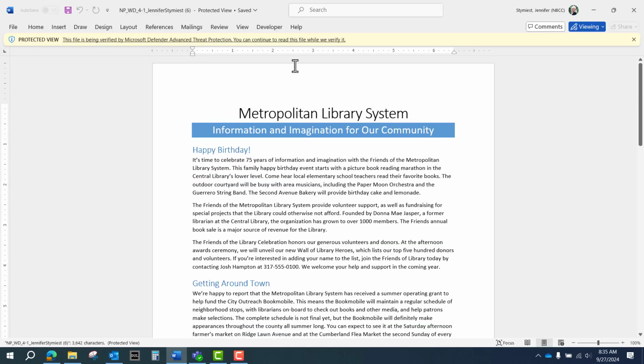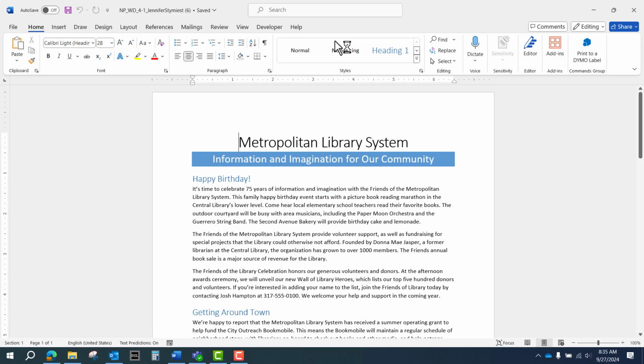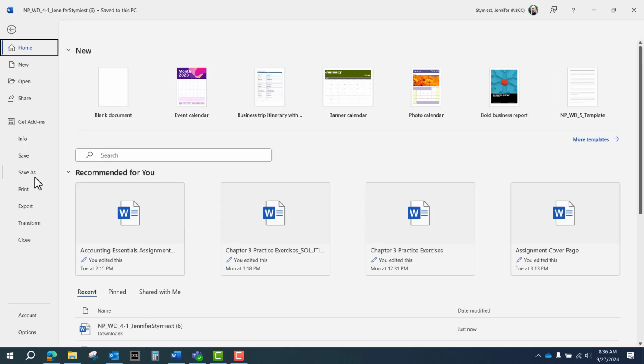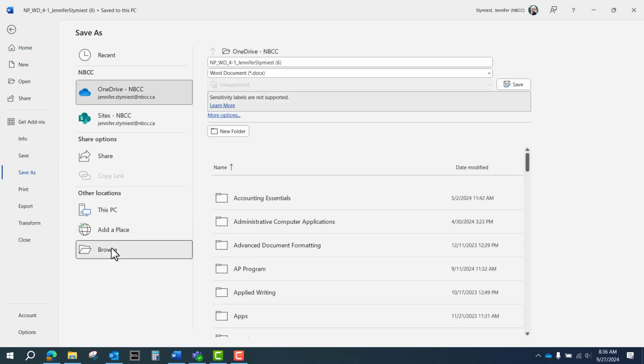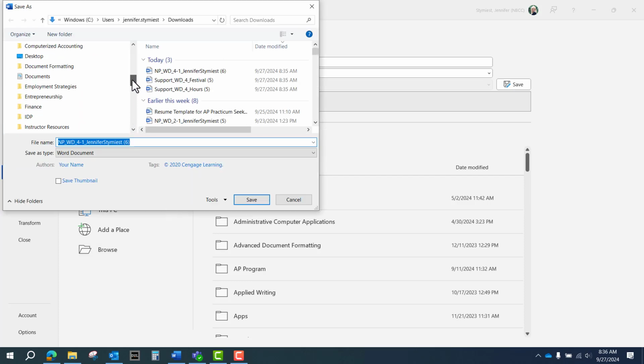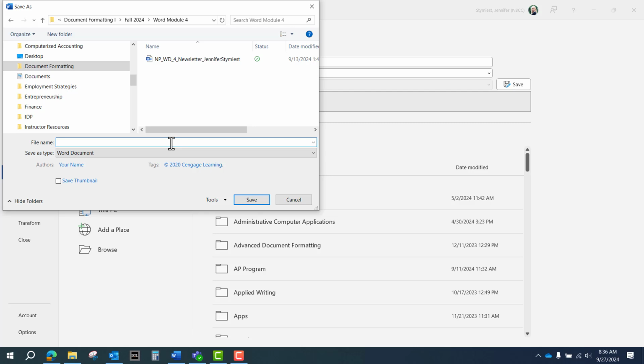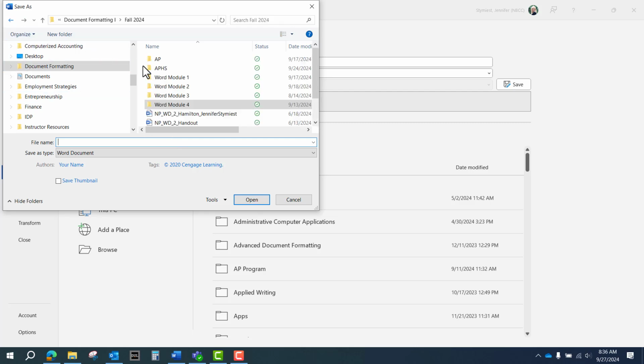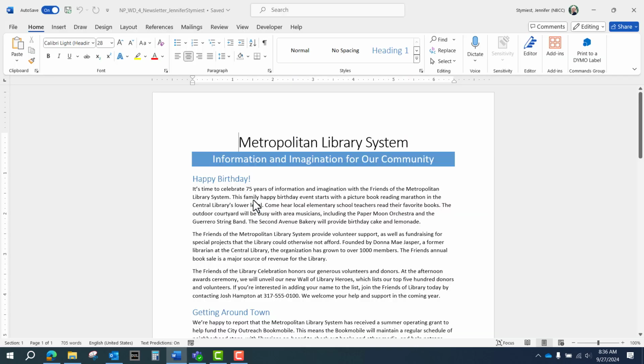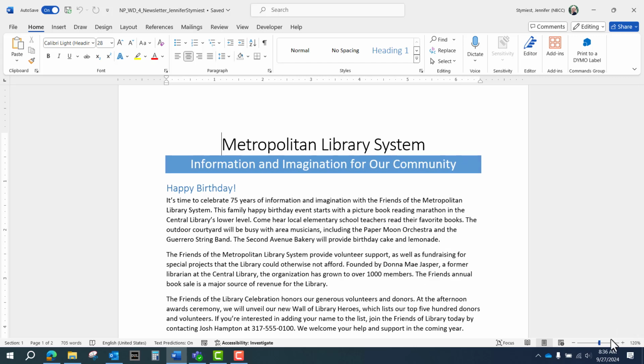So I'll open that up, click Enable Editing, and click File, Save As, browse to my document formatting folder, and I am going to paste my new file name and click Save. All right, I'll zoom in a little bit. Okay, so